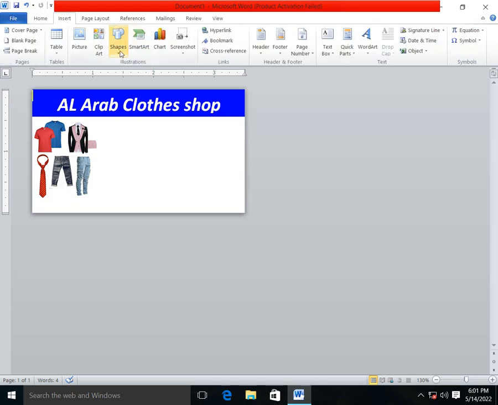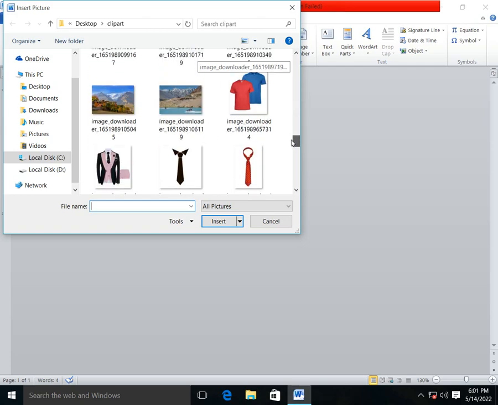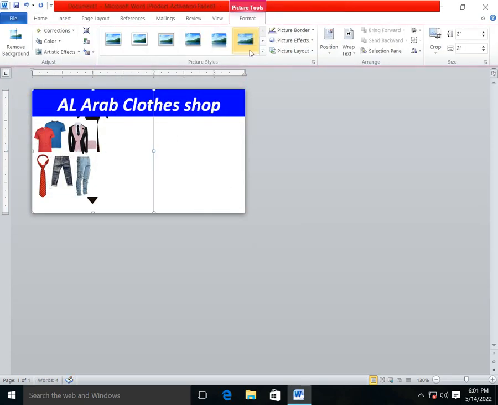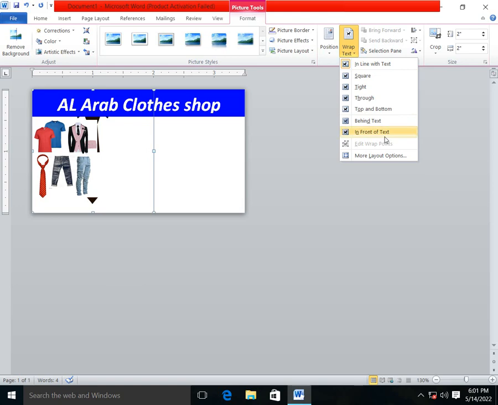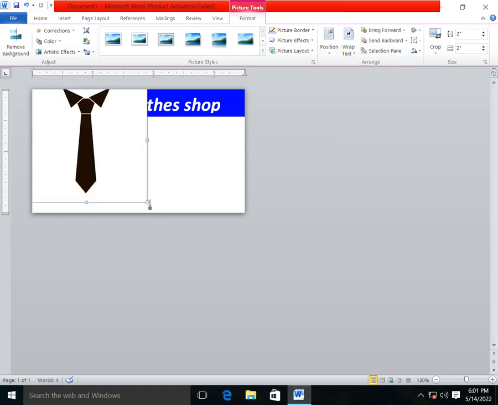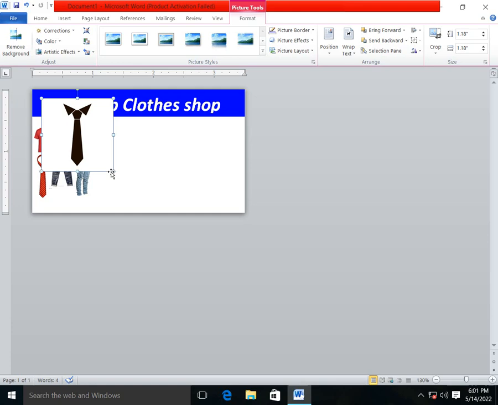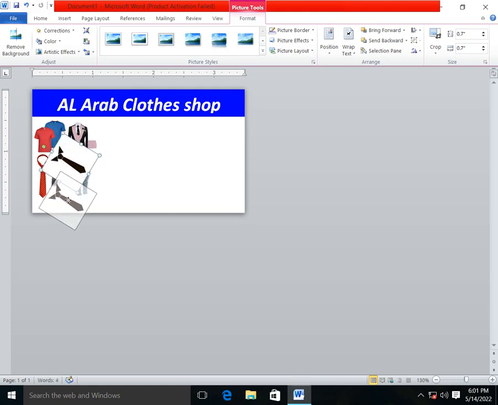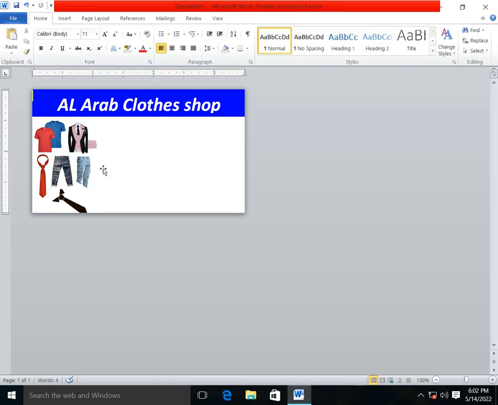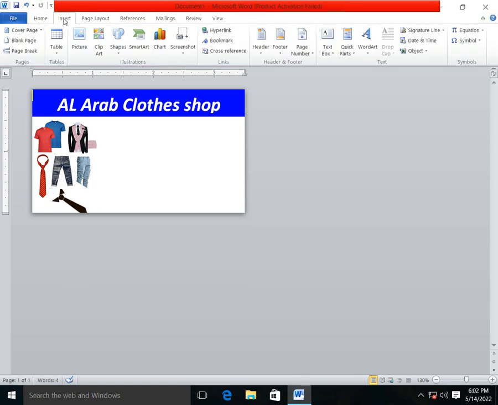And again I will go to picture, select the picture and insert and click on wrap text to select in front of text in this way, and send backward in this way. Now I will go to insert, click on shapes, select a text box, and here I will mention the items which will be displayed, like shirts,